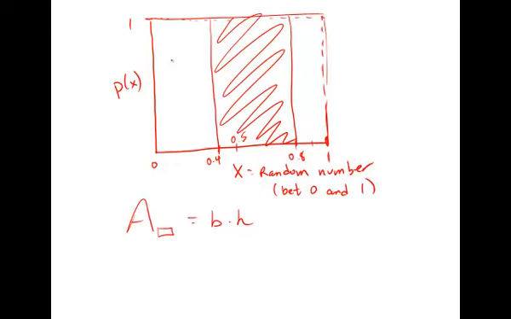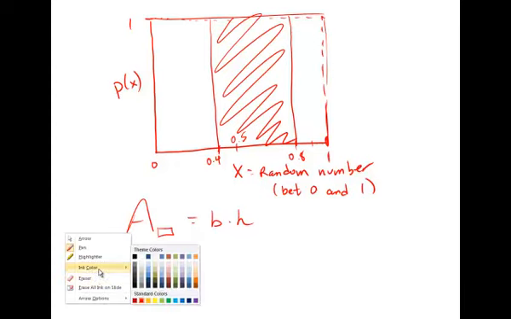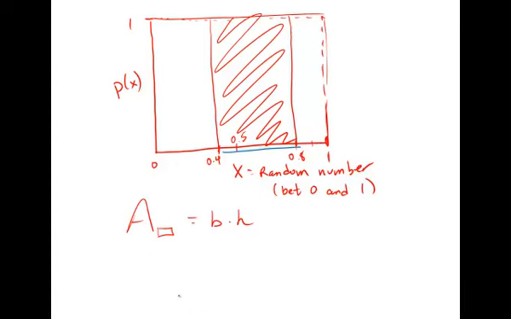So what I have to do is calculate or figure out, it doesn't really matter, the width or the base of the rectangle. And I have to figure out what the height of the rectangle is and just multiply those two numbers together. Well, the base is the distance from 0.4 to 0.8,